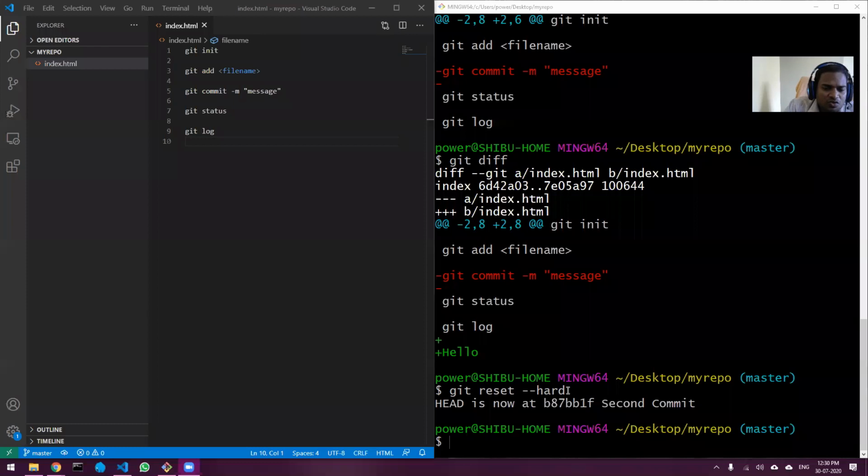You don't have to do git reset. Because what git reset will do is change the state back, right? But there is also an option for recovering the files that we will see later.